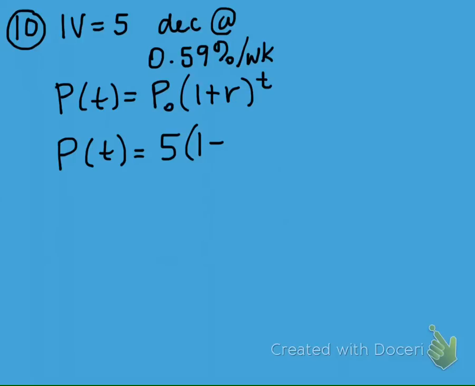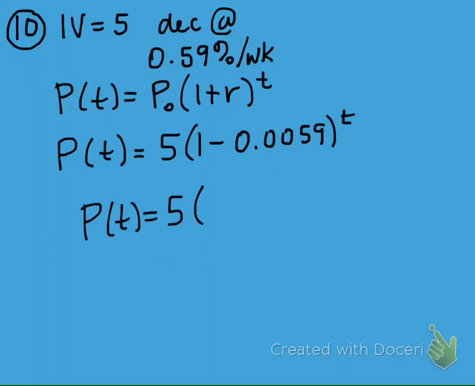And we convert our decimal, which is 0.59%, into a true decimal to eliminate the percent symbol. So we have 0.0059 to the t. And again, to go to your final answer format, you want to do that subtraction. And when you do that subtraction, you get 0.9941